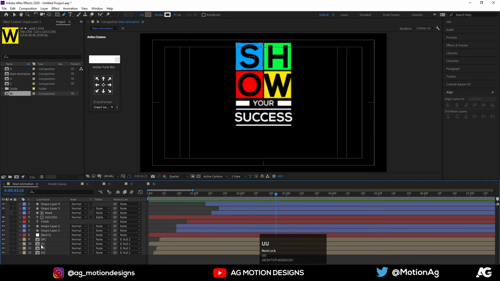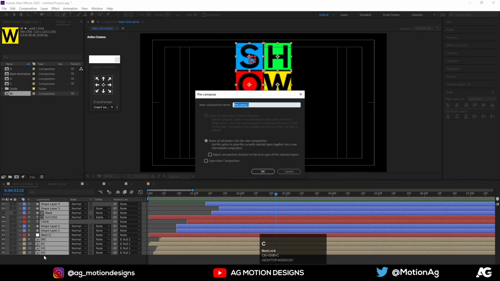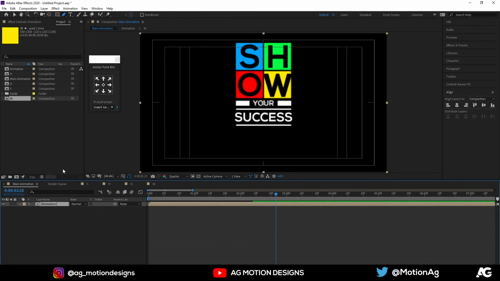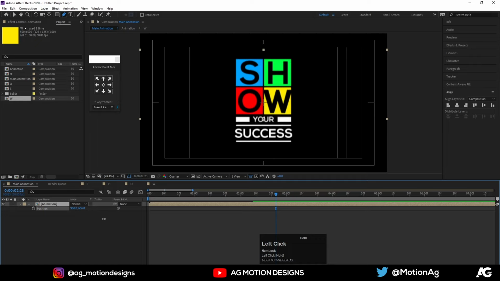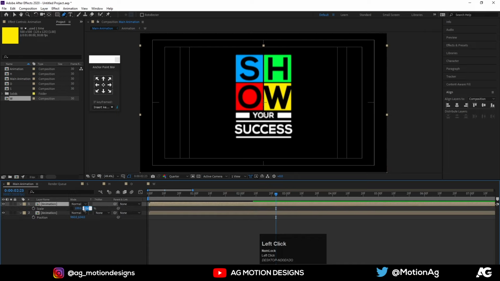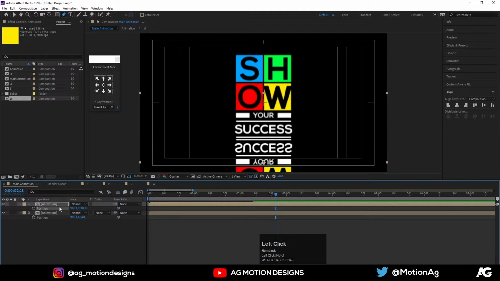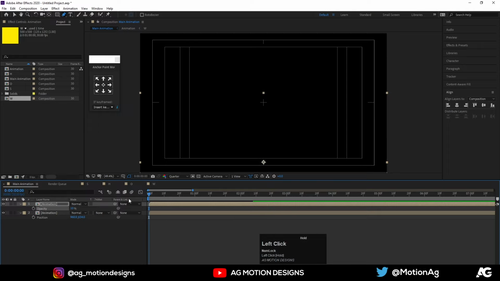Now what we will do is by hitting Ctrl A, press Ctrl Shift C, I'll call it animation, let's say, hit OK, P for position, move it over here, press Ctrl D to duplicate it, hit S, unlink these options, instead of 100 I'll add -100, press P for position properties and move this downward, hit T and instead of 100 I'll add 10, let's say.